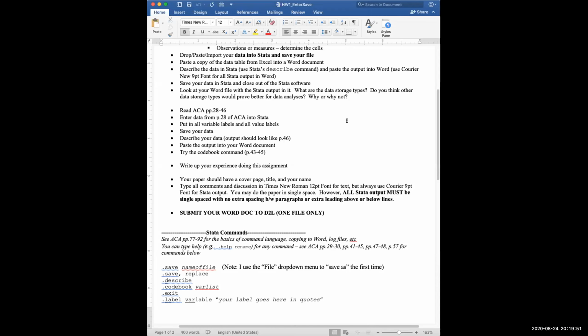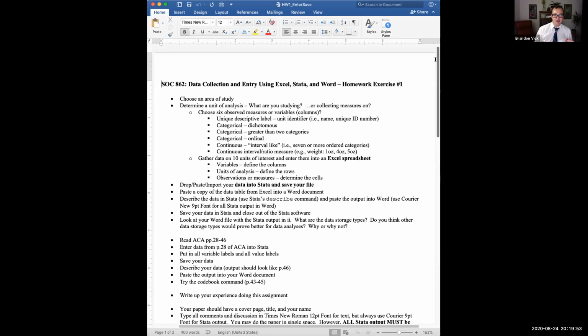So homework, I'll describe homework 1 and then I'll go into Excel and Stata. So homework 1, you'll be able to download a Word document. This Word document is on the website. So homework exercise 1,